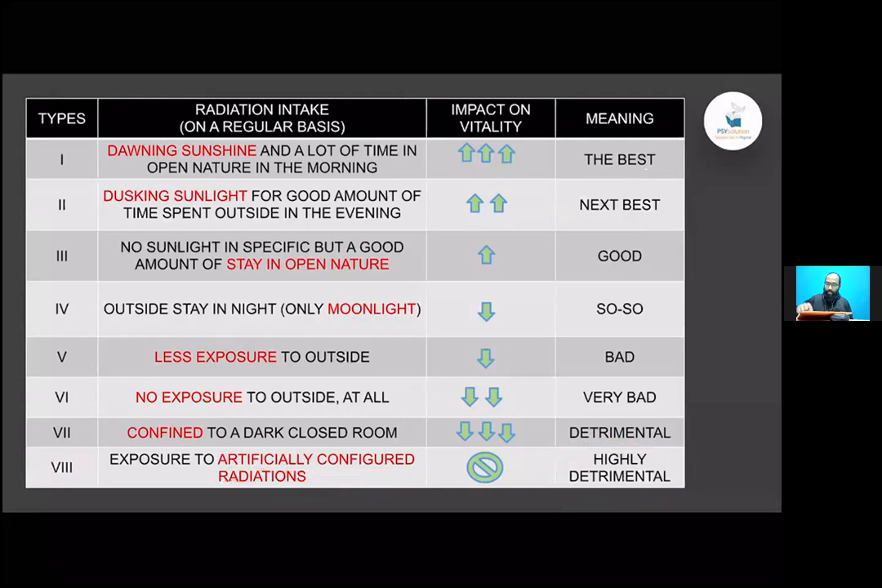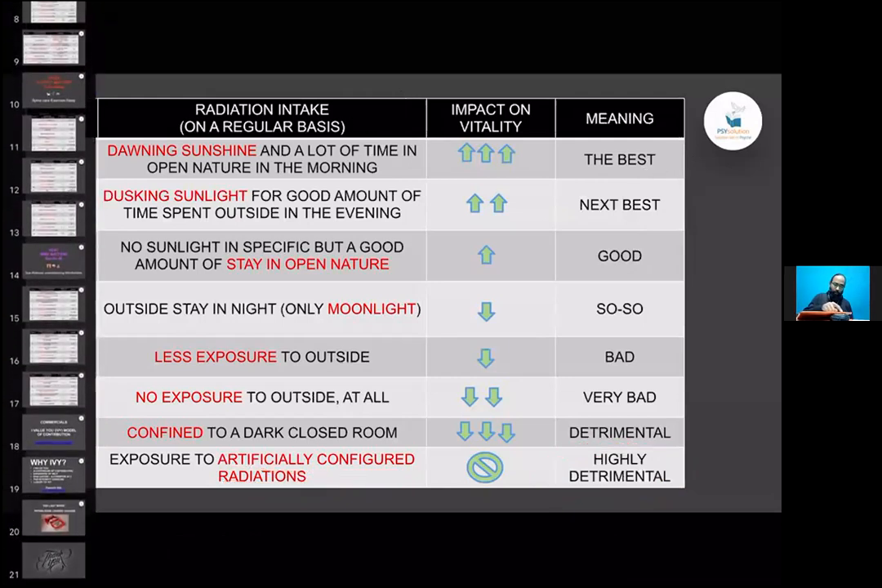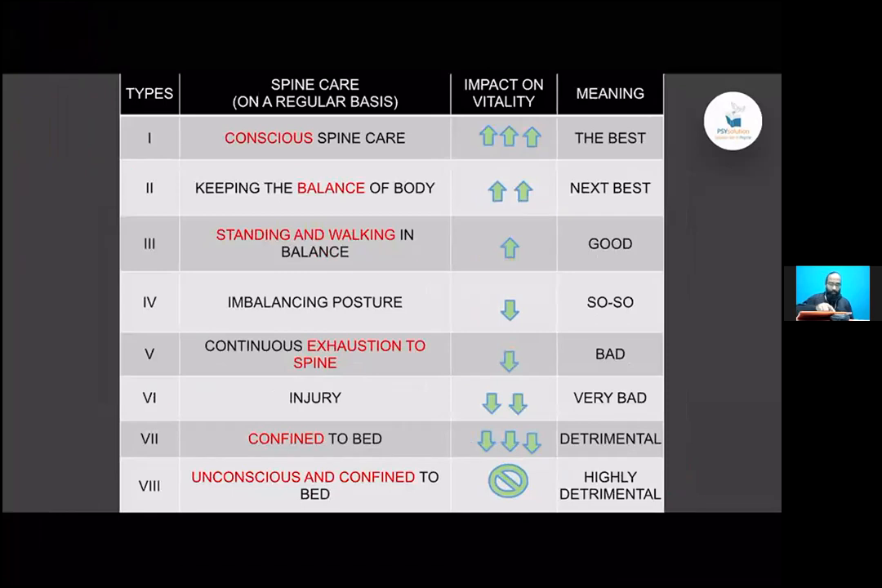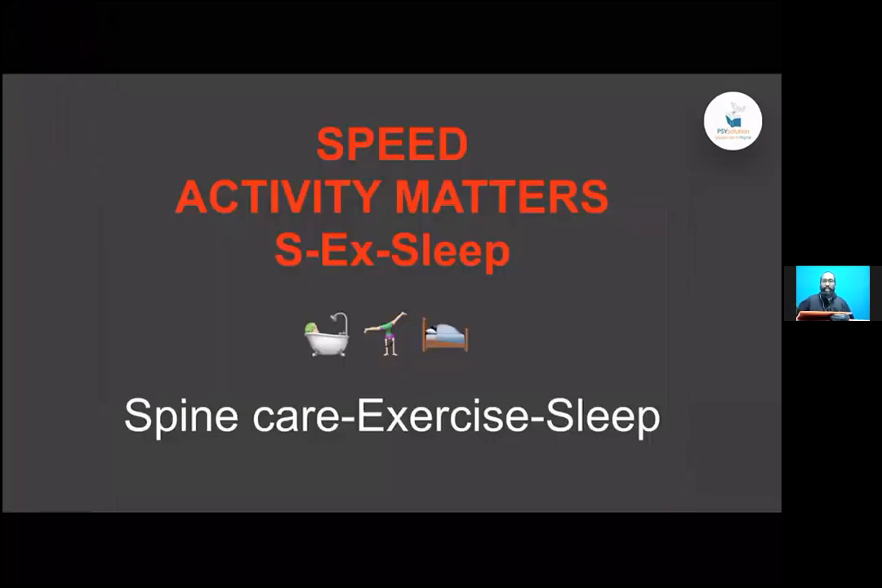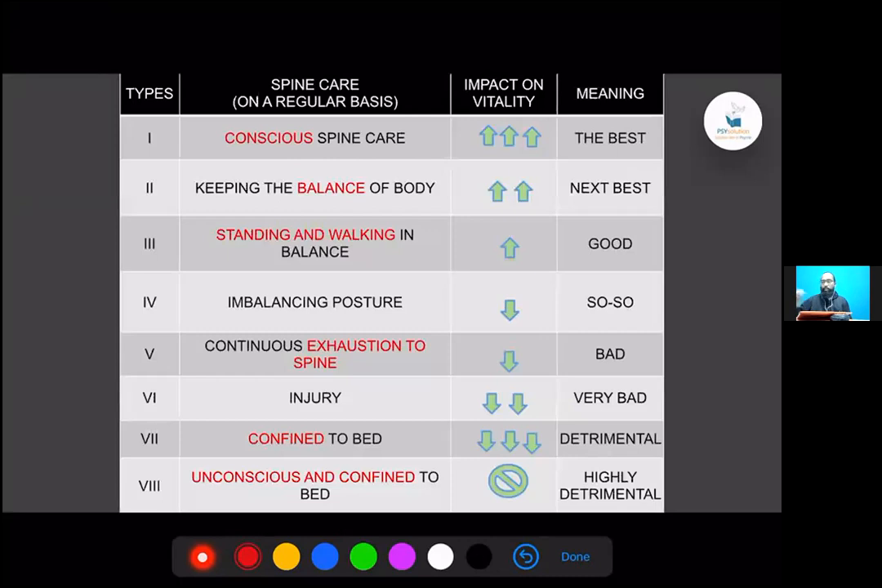So let's take another chart which we have not touched upon, maybe of the spinal care, which was under activity matters. Under activity matters, there are 3 factors: spine care, exercise, and sleep. The first is the spine care. So what is the meaning of spine care? Why is spine care separately mentioned? Because the spine,